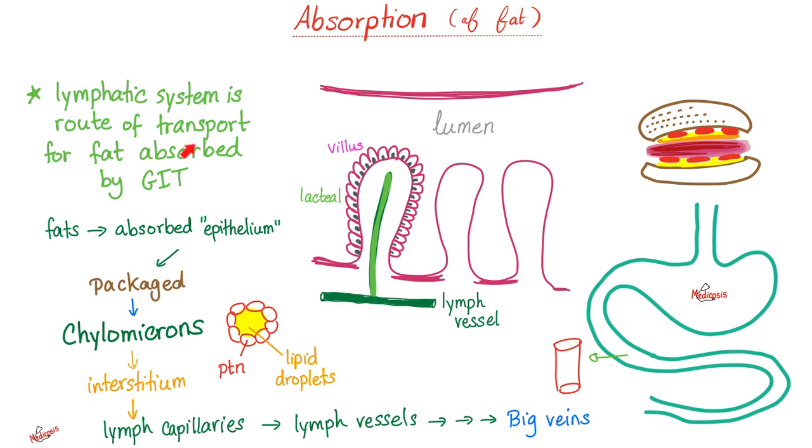Absolutely. After you break down those lipids, you package them in Amazon packages? No, chylomicron packages. All right, lipid droplets are in the center, surrounded by proteins, and then we'll send them to lymph vessels, known as lacteals, inside the villi, which line the wall of your small intestine. Why do you send them to lymph? Because lymph will clean all of this junk that you just ate and will send pure, lovely fluid back to